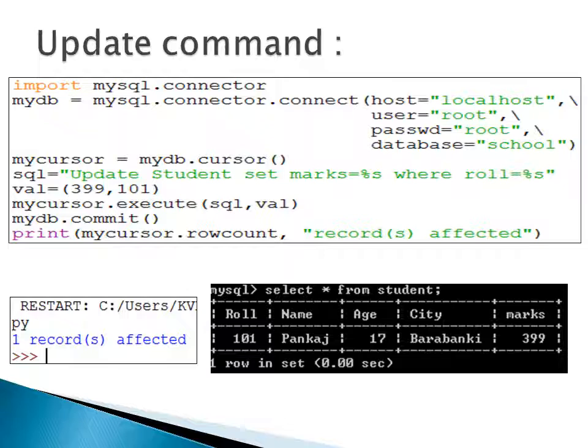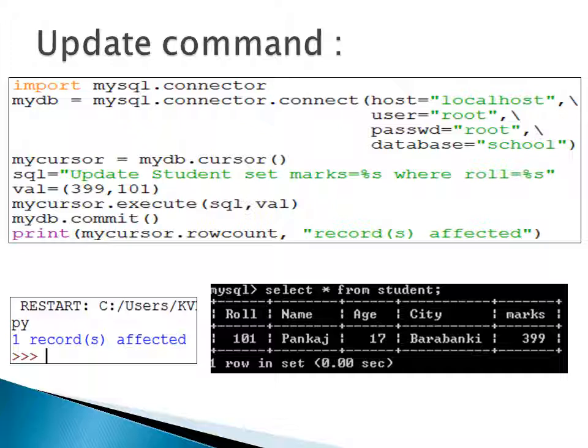Our update query is, we will update the student table, and we will set marks as %s where roll number is %s. Here, what is %s? Here the value of the first %s is given as 399 and the value of roll number is given as 101. Now we will execute this query.